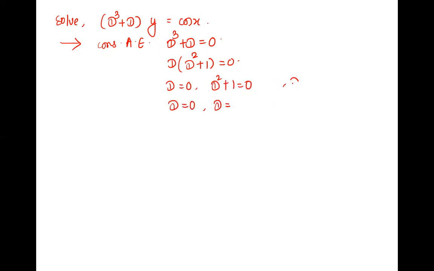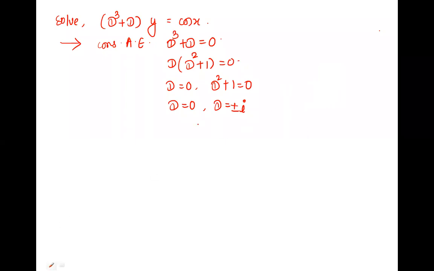It's very easy. See, D square is minus 1. Shift it here. Take the square root on both sides. Square root of minus 1 is i, and when we take the square root, it is plus minus i. If you don't want to use a calculator, such things can be easily solved. Or if D square is 4, just take the square root: square root of 4 is 2, and plus minus. When we take the square root, plus minus. Okay, so the roots are 0 and plus minus i.